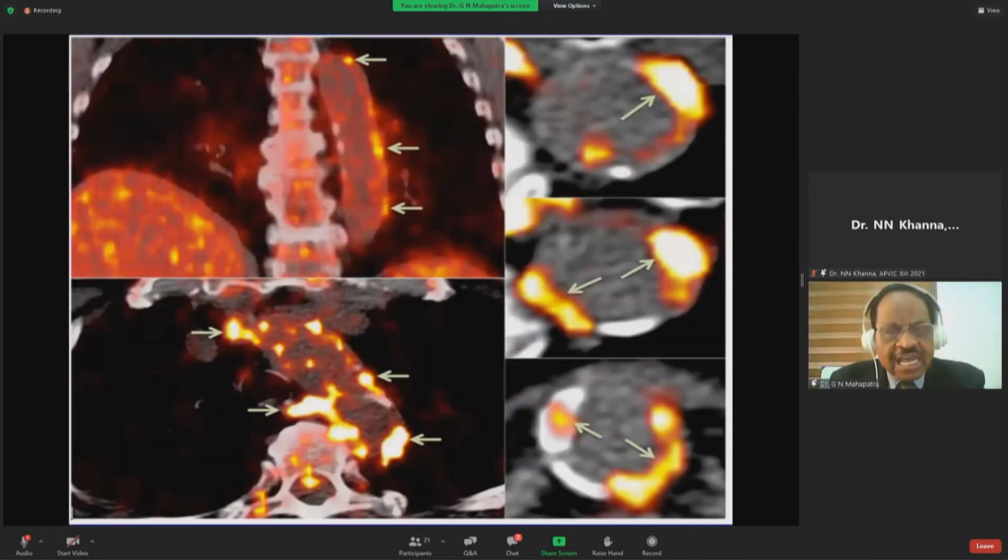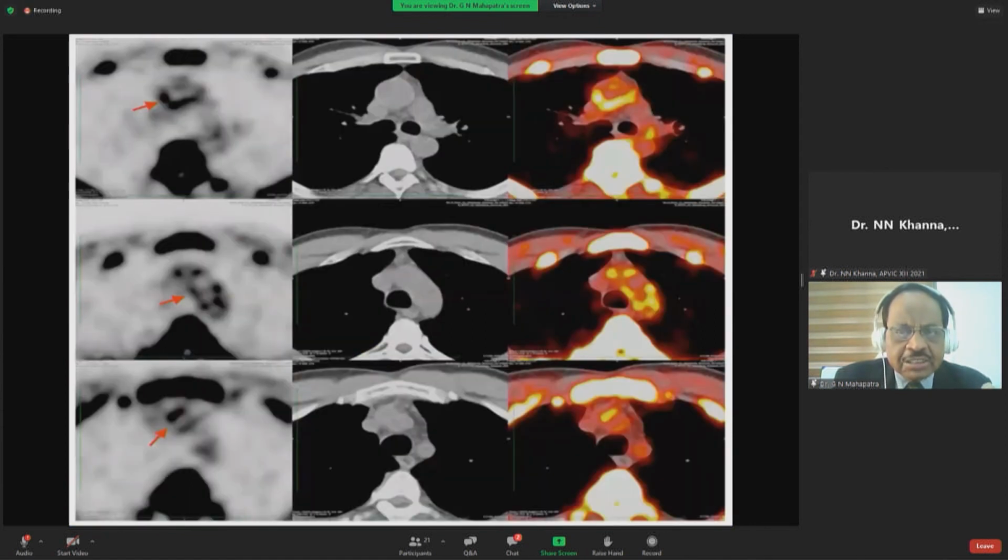So this is another case of vasculitis, which shows multiple intense uptake in all of the abdominal aorta. That is called vasculitis. Here is an interesting case: the PET CT shows multiple lesions of intense uptake in the aorta, and the CT calcium shows nothing, and the fused image shows multiple areas of increased FDG uptake in the arteries,